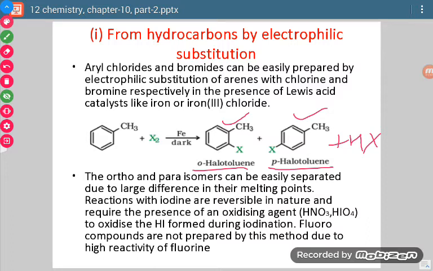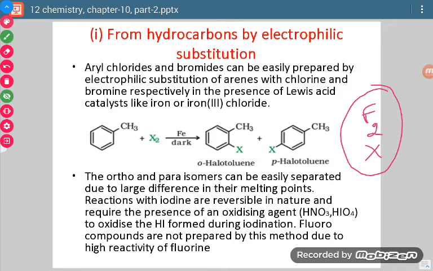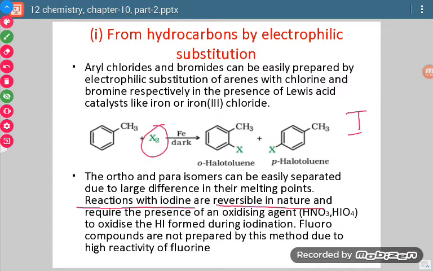Now see, we cannot prepare fluoro products because fluorine is very reactive in nature, so it cannot be used for these reactions. Now if we want to prepare iodo product, then see, reactions with iodine are reversible in nature. If I take iodine, then that reaction is reversible. So that requires the presence of an oxidizing agent, so that when HI is formed,